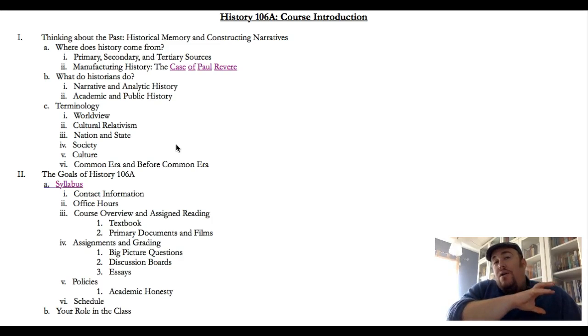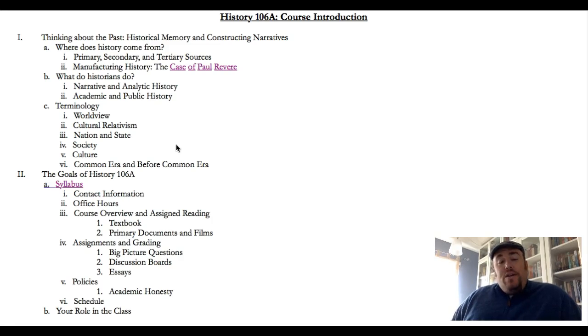Now we count down towards one for before the Common Era, and we count up towards where we are today for the Common Era. When we cross that line, you will see it gets kind of messy, and you'll see in about 4 or 5 weeks, we will get close to crossing that line for the first time, and you'll see, oh, this can get a little tricky. Just be careful and be aware of what those terms mean.